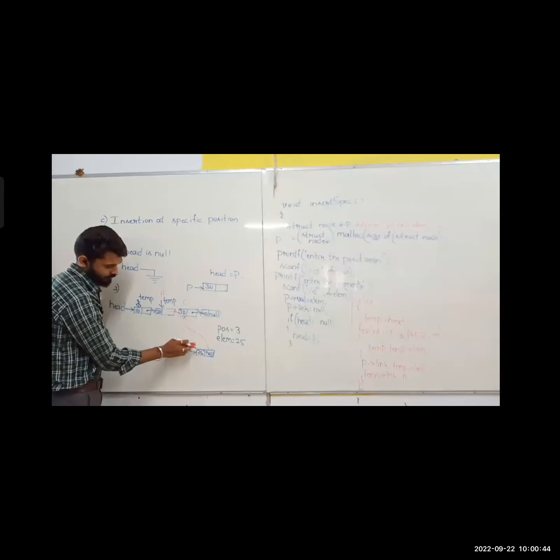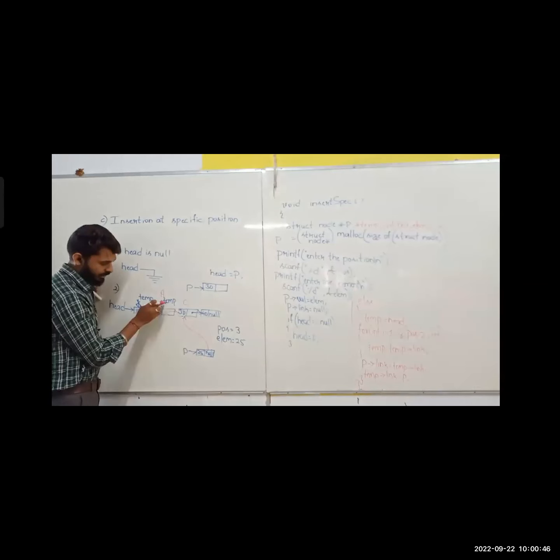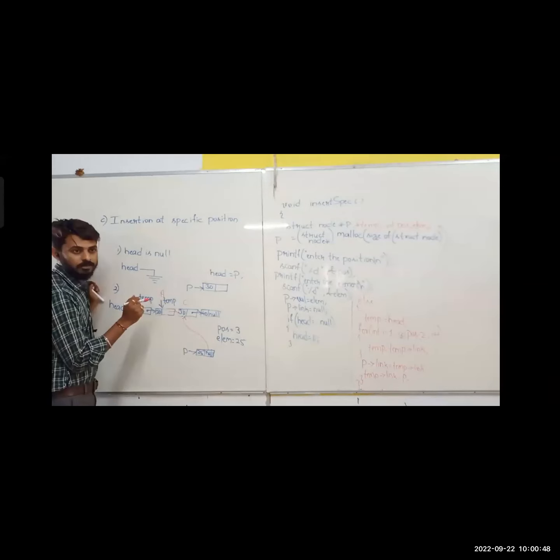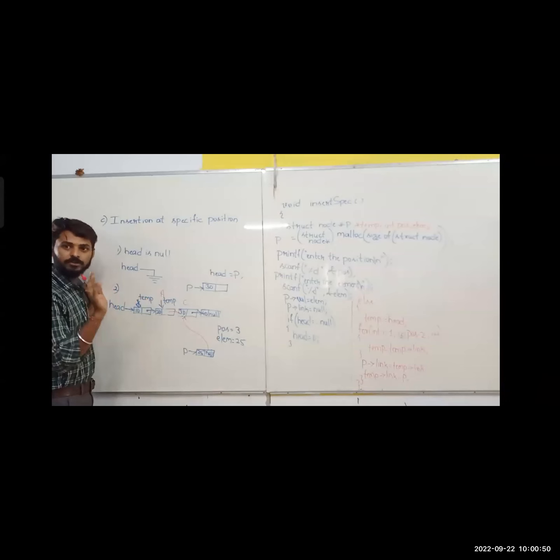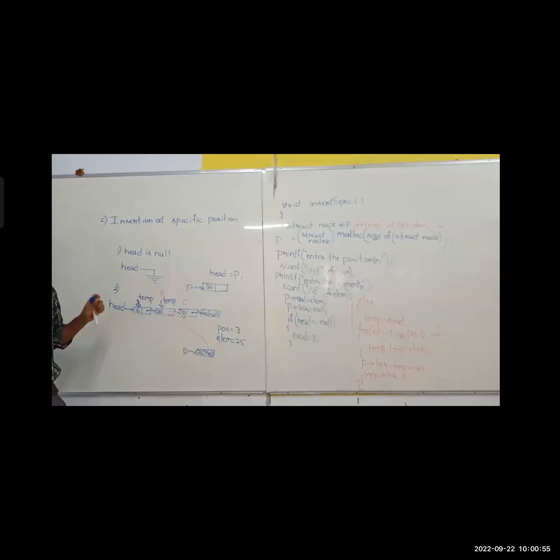Next what? Disconnect the A to C, sir. Disconnection is not there. If you change it, by default it will disconnect. Getting my point? There is nowhere I have mentioned that you should disconnect this, you should connect here. No. You just have to change the position. By default, the old one will be disconnected only. The old one only will point to the new place. How to do it? Amit,